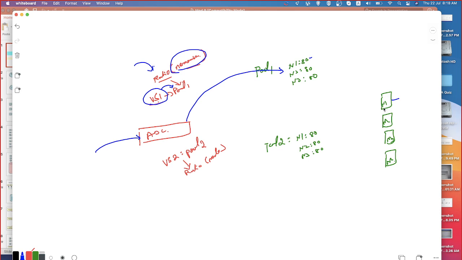See, I have multiple nodes, okay? Node 1, node 2, node 3 and node 4. These nodes have been referred to as members inside the pools. I have pool 1 and pool 2. In pool 1, also the same node 1 with port number 80, node 2 with port number 80, node 3 with port number 80. In pool 2, also we are referring to the same thing. Member 1 is nothing but node 1 port 80, node 2 port 80, node 3 port 80. So we have the same set of members in pool 1 as well as in pool 2. Do you understand what I'm saying?